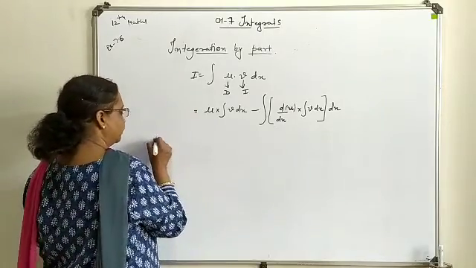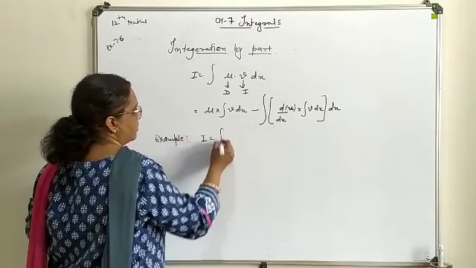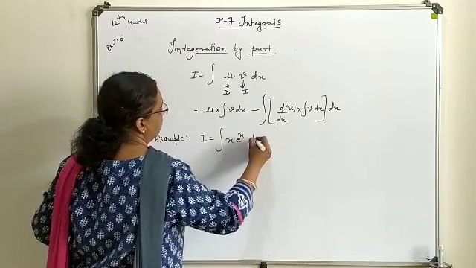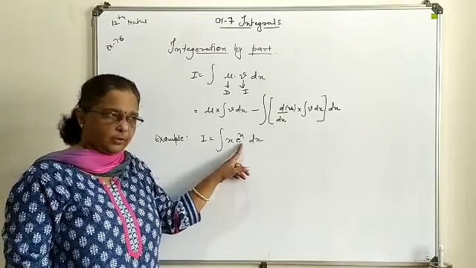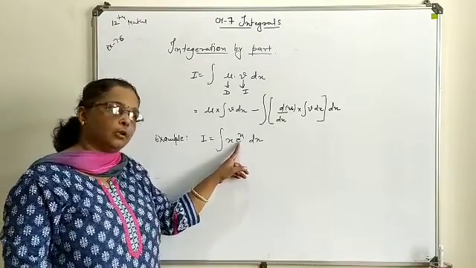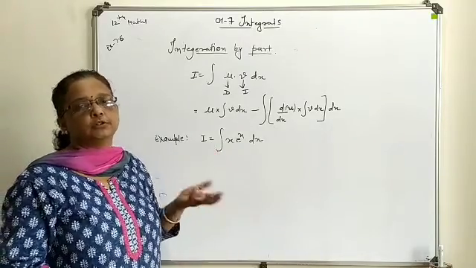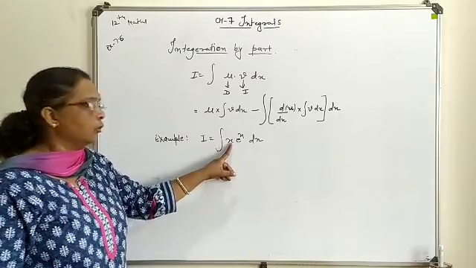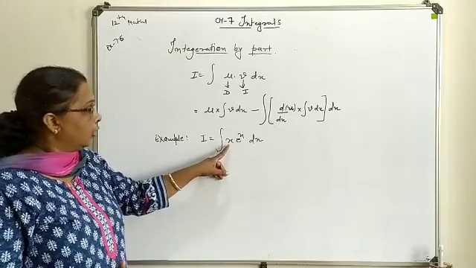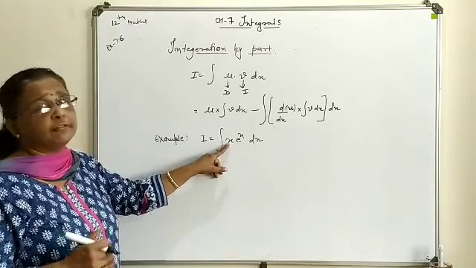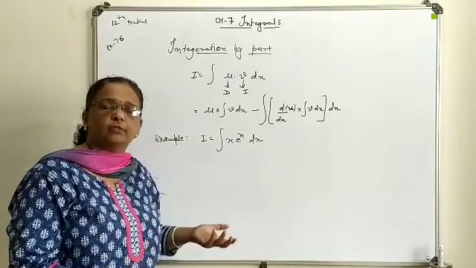Just for example, we take one question: x, e power x, dx. Now here one term is algebraic, another is exponent. If you write the integration or differentiation of the exponent form, none of the term is going to be reduced. As such, it will just turn from one form to another form. But if you write the differentiation of x, it will reduce its power or go for elimination. And if you take this x for integration, its power keeps on increasing, so your question will be endless.